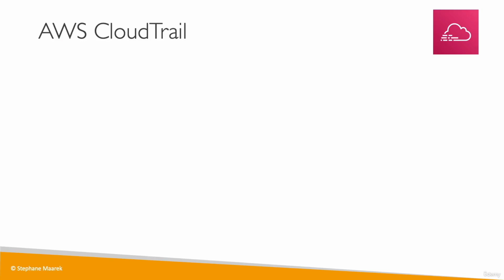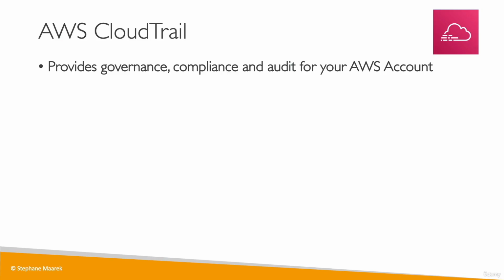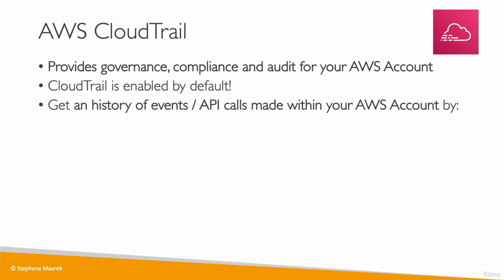Now let's talk about CloudTrail. So CloudTrail is a way to get governance, compliance, and audit for your AWS account. And CloudTrail is enabled by default. This will allow you to get a history of all the events and API calls made within your AWS account